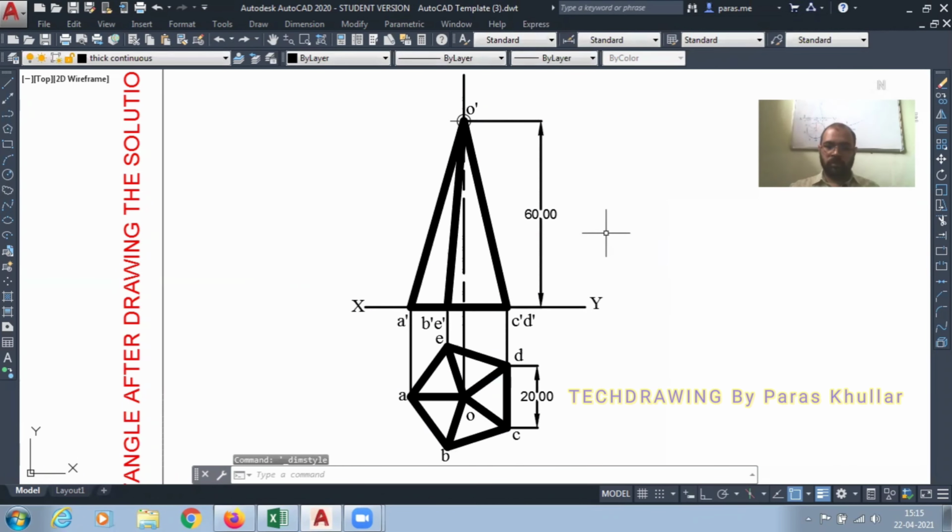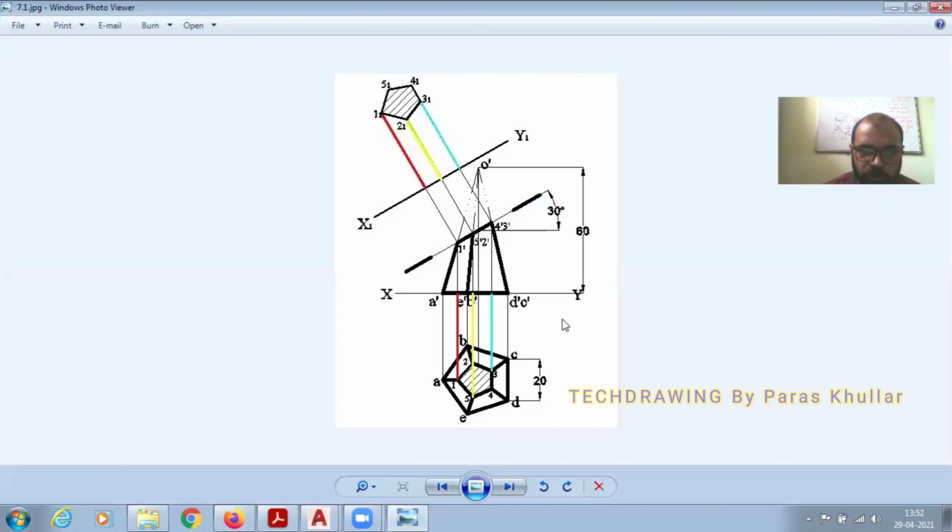Yes. Okay, so this is the figure, right? So we have drawn the projection of solid. So this much we have drawn,